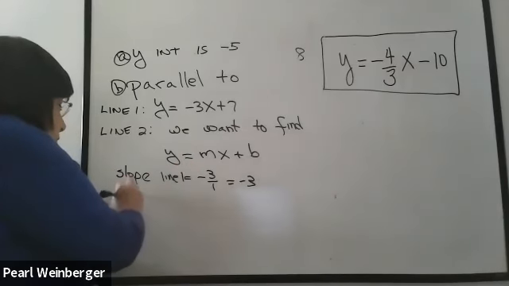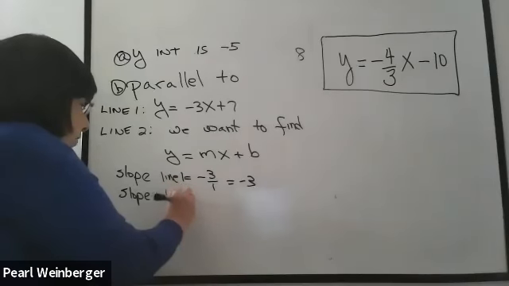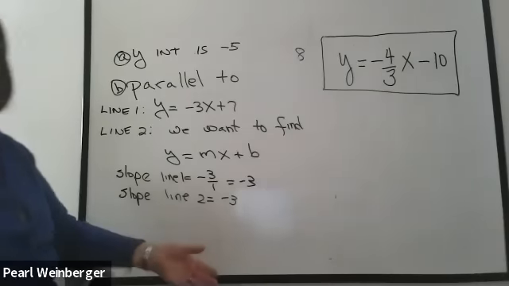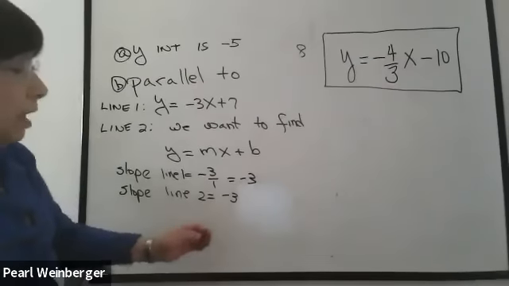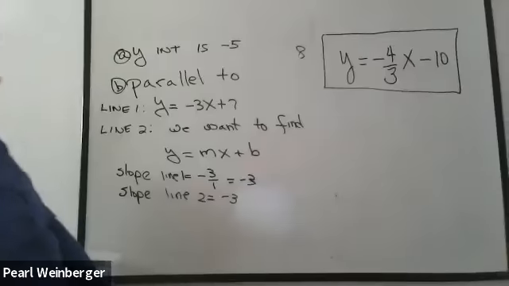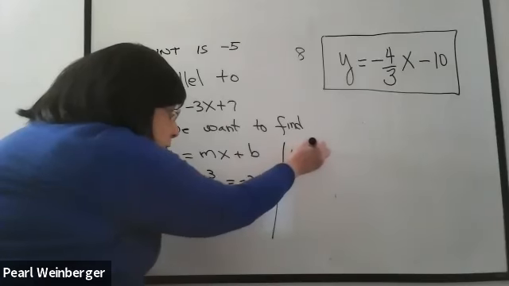So what is the slope of line 2? The line that I'm trying to write the equation of. Doesn't it also have to be negative? It has to be -3 as well. Thank you. Because the two lines are parallel, they have the exact same slope. So when I go to write my equation of line 2, the line I'm writing the equation of,